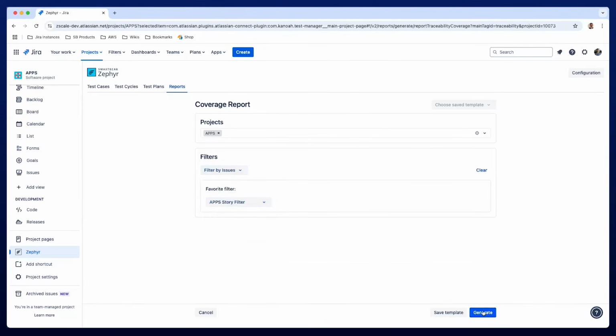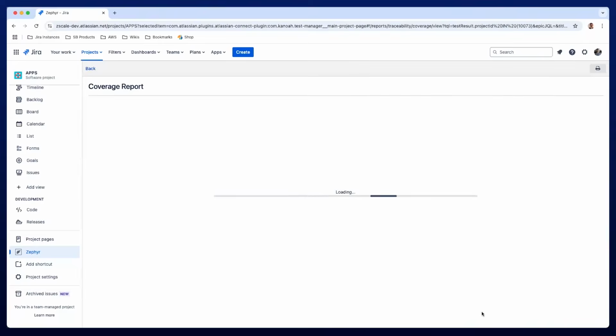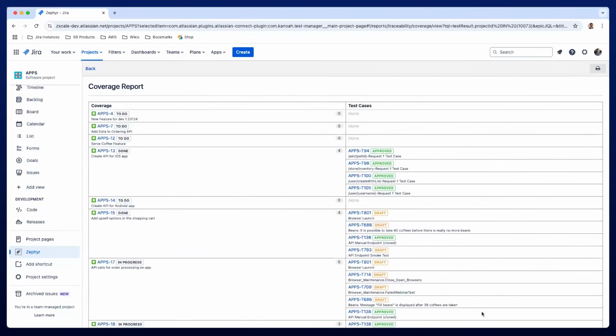This could be stories associated to a sprint, stories with a certain value, stories in an entire project or multiple projects. When I generate this, we're going to clearly be able to see where the gaps in my testing effort are for those requirements. And you can see the requirements that don't have test cases